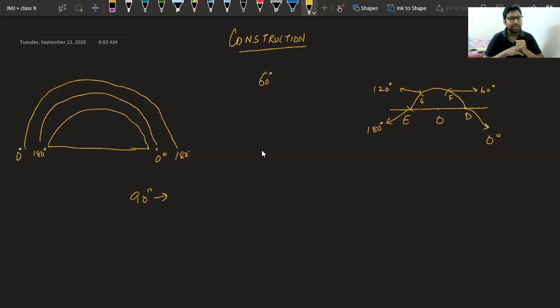Okay, Piyush saying 60 and 120. But Piyush, how did you get this? That it is between 60 and 120, or do you have to bisect these two only? Aryaman is saying 0 and 180. Very good. Utkarsh saying arc from D and D. Yes, Utkarsh, correct.